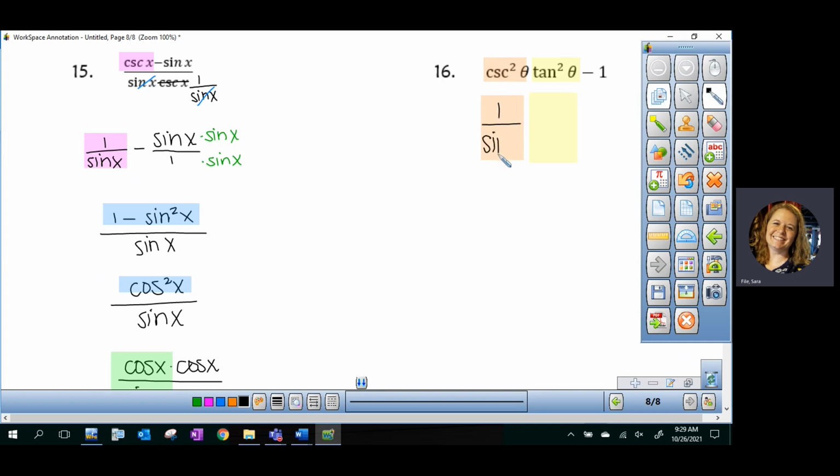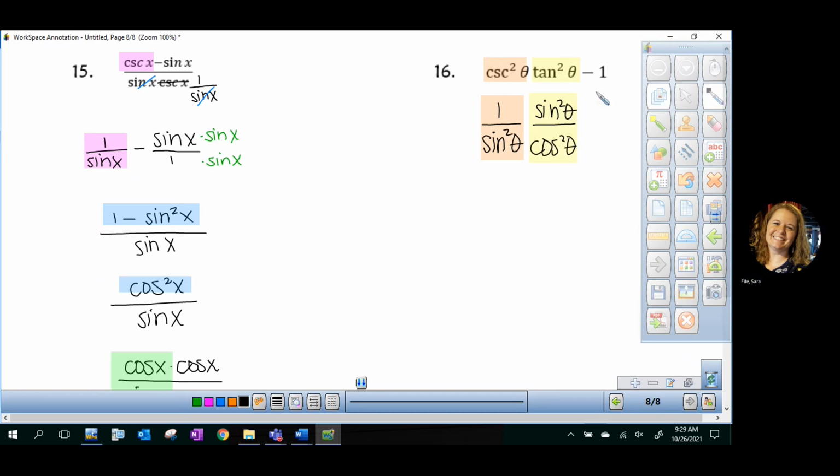So this would be 1 over sine squared. And tangent is sine divided by cosine. So this will be sine squared over cosine squared. Okay, so then what happens? Yeah, you have sine squared in the numerator and denominator that reduces, anything divided by itself. That's just a 1. So now this is just 1 over cosine squared